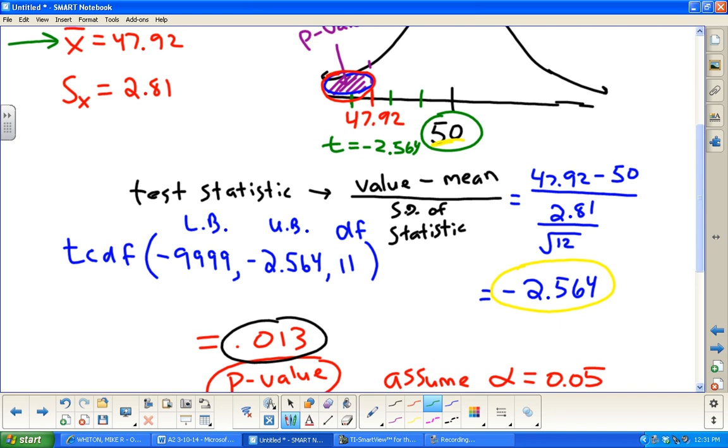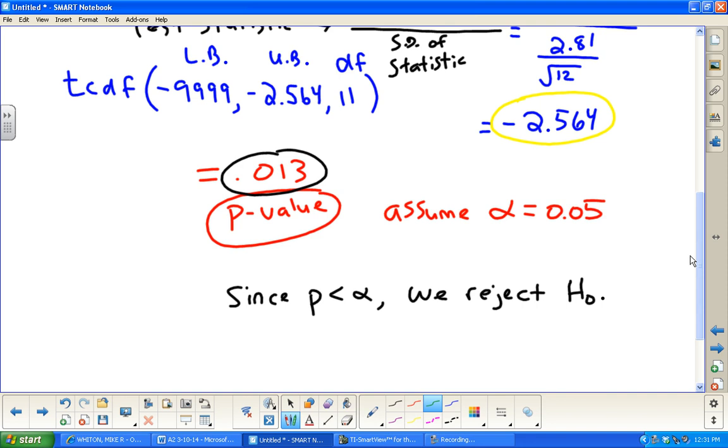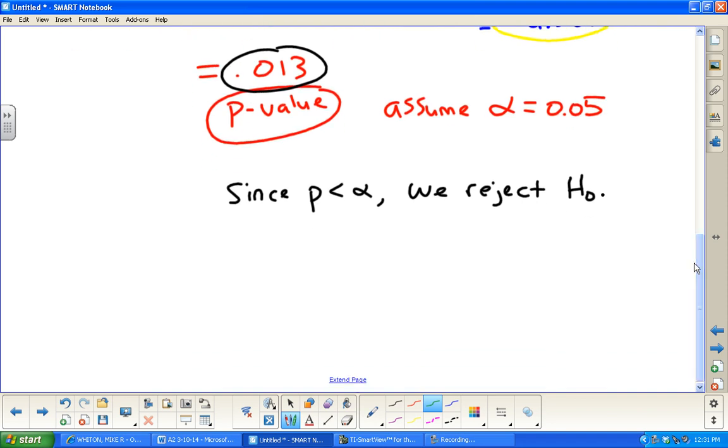Okay, getting a sample that low, that far away from the mean is so unlikely. I mean, there's a 1.3% chance. It's pretty unlikely if the mean was really 50. Okay, so small p-values, you reject H0. Okay, so our conclusion in context is there is evidence